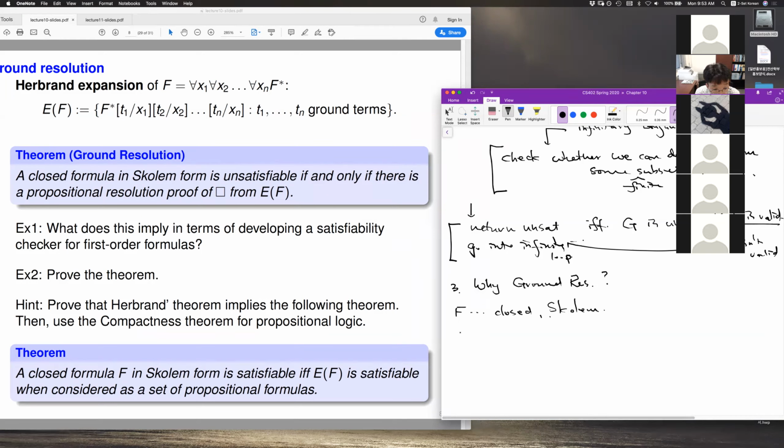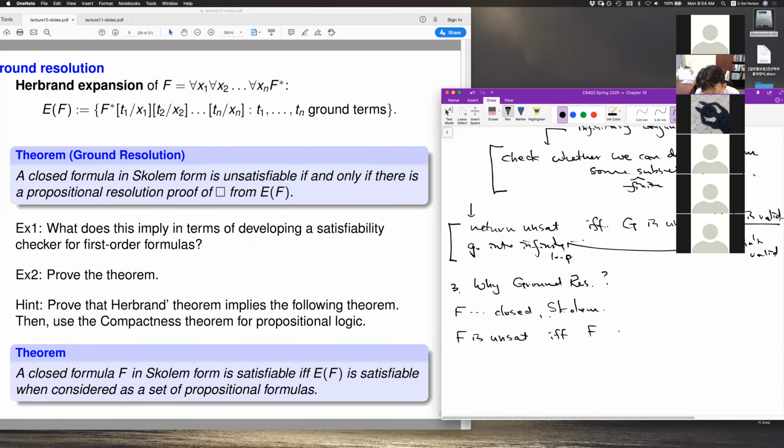And then we have to show that this F is unsat if and only if there is a propositional resolution proof from this Herbrand expansion of F. And the reasoning goes like this. So we say F is unsat. So F is unsat if and only if